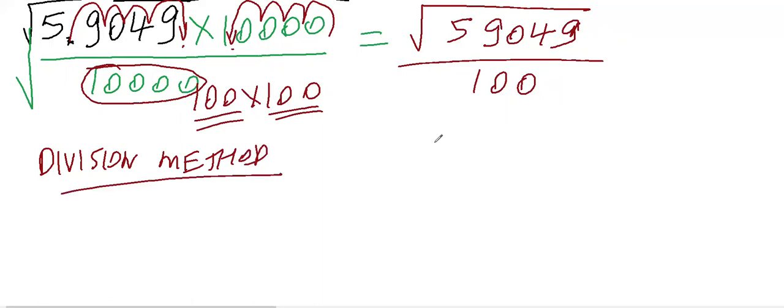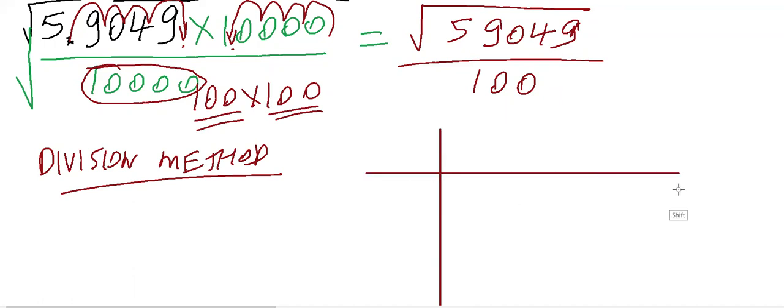Okay, division method I need to find. So what is the first step of the division method? Write this format you should write. What is the format? This is the format. ये ऐसी लाइन बनाना है और ऐसी लाइन बनाना है, ये फॉर्मेट है. ठीक है, डिवीजन मेथड स्टार्ट करने से पहले. This is the first step.